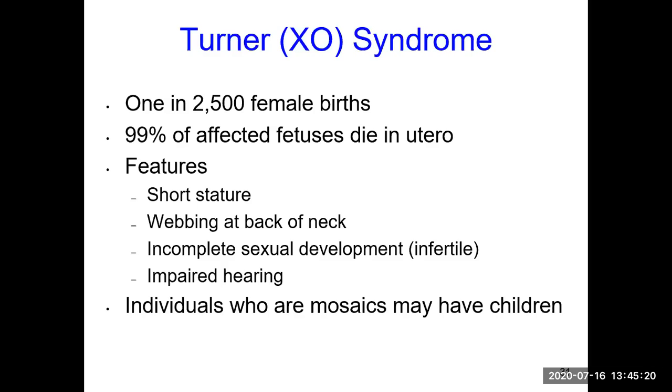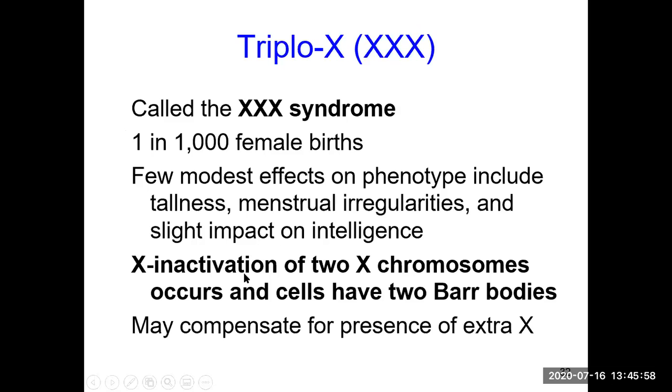So Turner, you see no Y chromosome. It is an XO. Females in human beings are XX, but when we write XO, it means the second X chromosome is missing here. So 99% of fetuses that have this syndrome would die, spontaneous abortion. In case they are born, you would see a very short stature, and webbing at the back of the neck, which is a very common symptom of all chromosomal disorders. These individuals would be infertile, okay? And they are mostly deaf, with impaired hearing. So this is Turner syndrome.